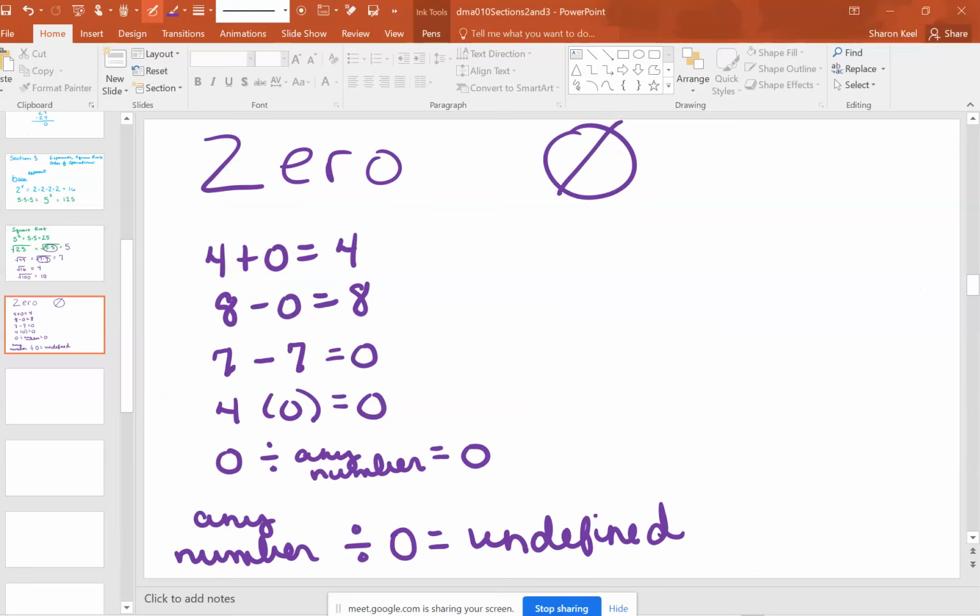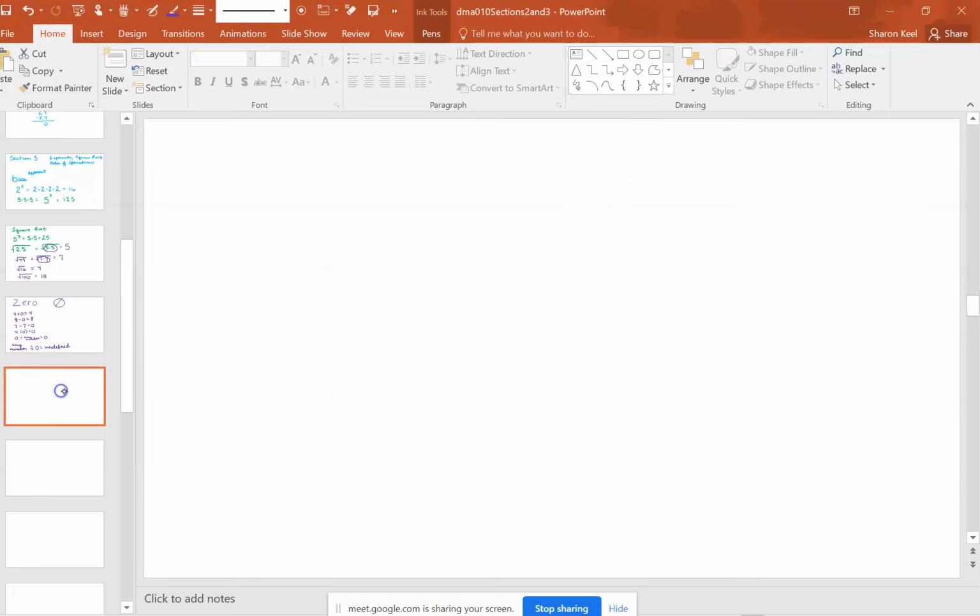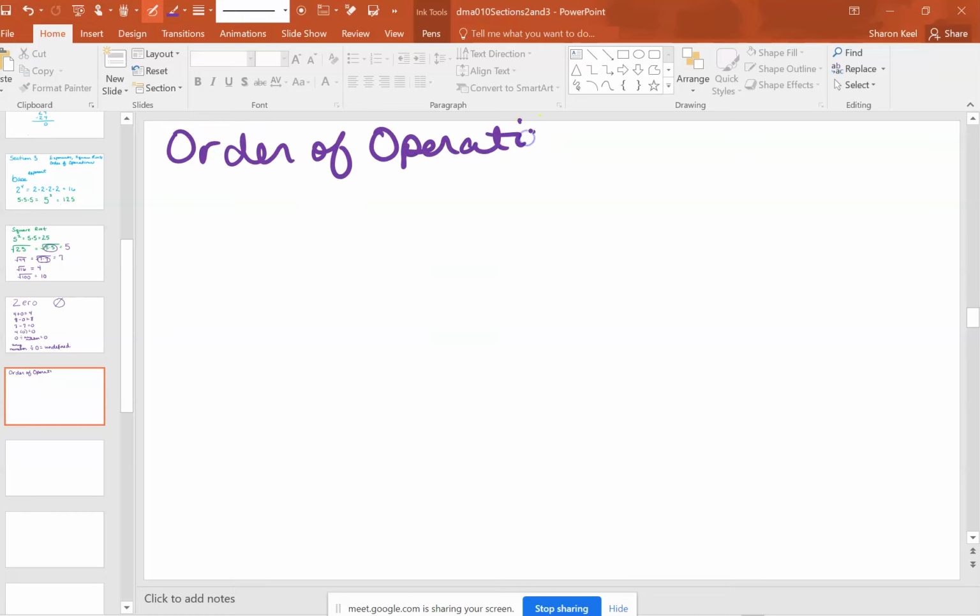The next part that we're looking at here is the order of operations. So for the order of operations, you've probably heard a lot of different acronyms to memorize. Please excuse my dear Aunt Sally. You can use any kind of acronym that you might want to come up with. I'm going to just jot down the